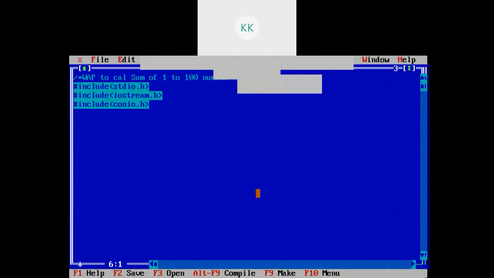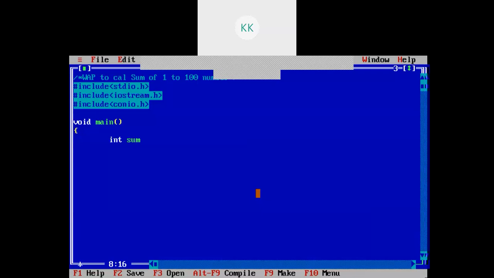Now we will write a program, void main. What we need to calculate is the sum of 1 to 100. So for that I will take some variables.